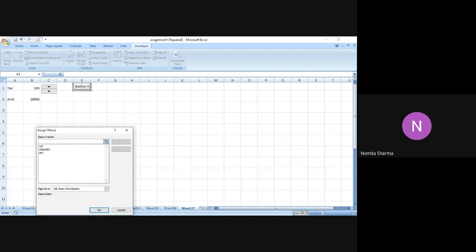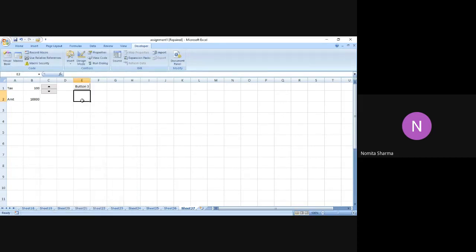Let me change the name to run a macro. And then I have these options over here with me: cat, class list, pet, and it is actually coming under the box of assign macro. So I will simply choose a very simple option, cat, and I will say okay. Let's see what happens. So this button has appeared on my Excel sheet, which we know has been assigned a macro, which we have just done. When I double click on this, let's see what happens.